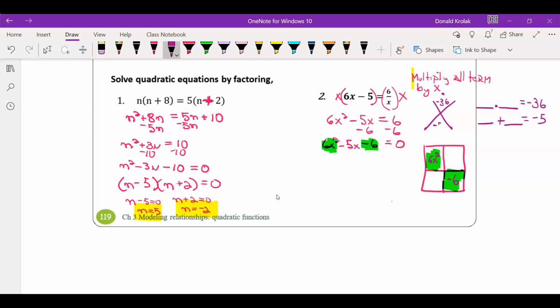So let's see, negative 9, positive 4. And so those, 9x and